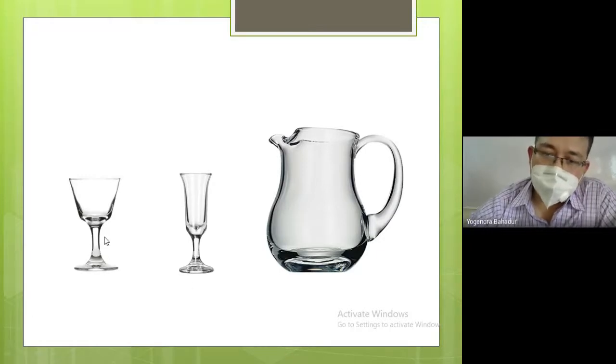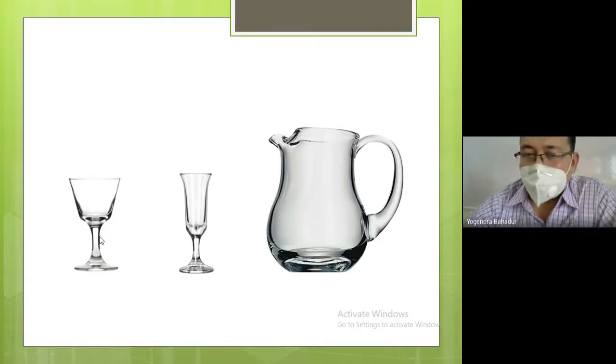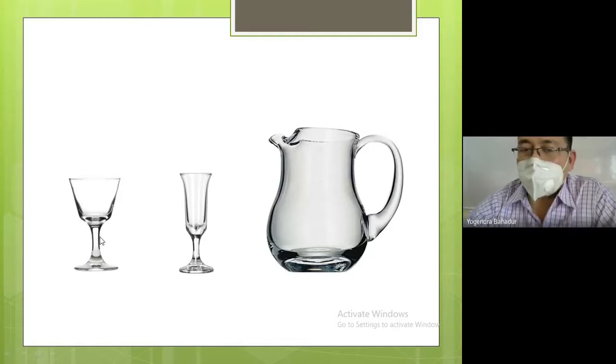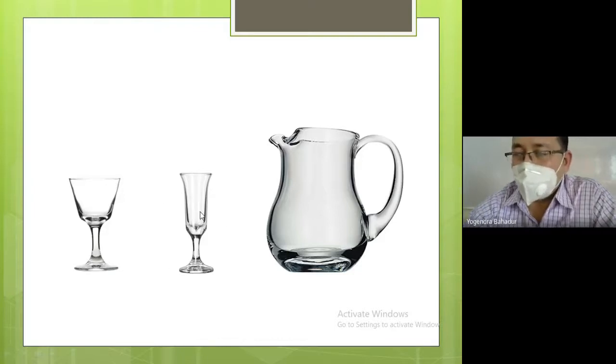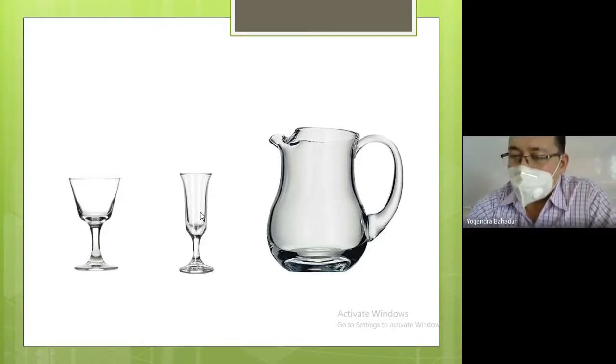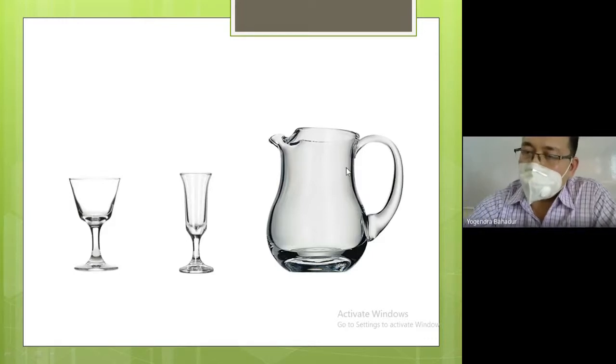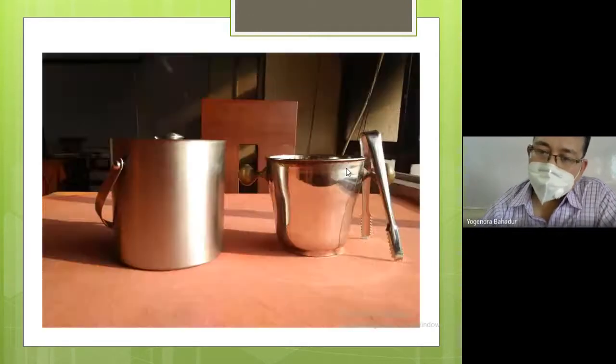Again, repeating, on the left hand side, it is the whiskey sour glass or sour glass, S-O-U-R. Its quantity is 6 fluid ounce. At the center, we have the cordial glass. Its quantity is 2 fluid ounce. On the right hand side, we have the beer pitcher. Its quantity generally starts from 3 liter onwards.